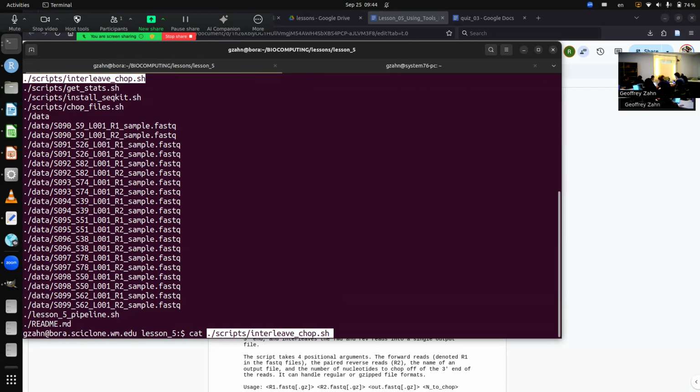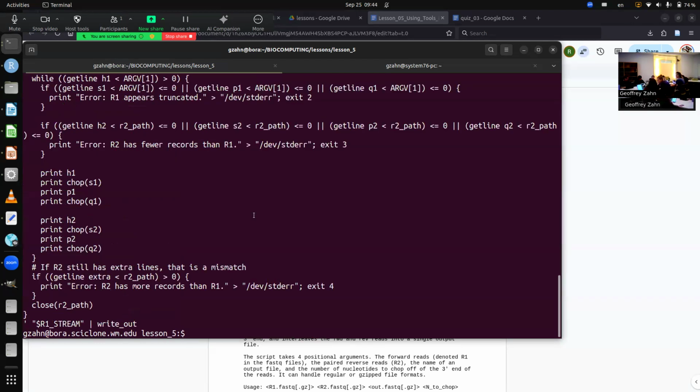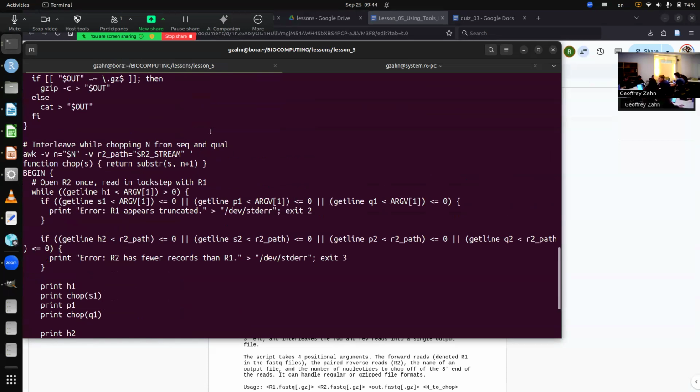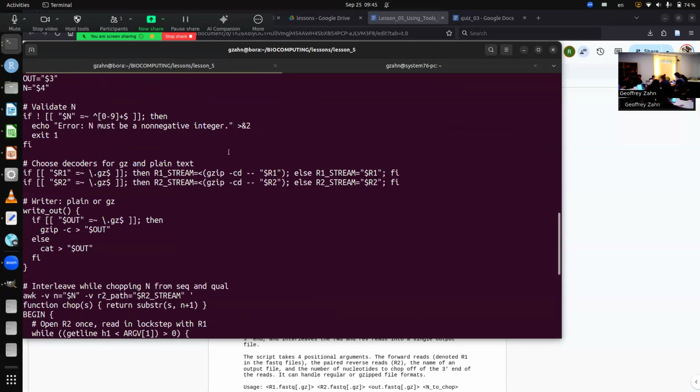Interleave chop is a really dumb program I wrote. Doesn't do anything super useful. But it does two things simultaneously, really quickly, and really well. And what it does is it takes 4 positional arguments. The forward read, then the reverse read, and then the output file name that you want, and then the number of nucleotides to chop off at the end. So